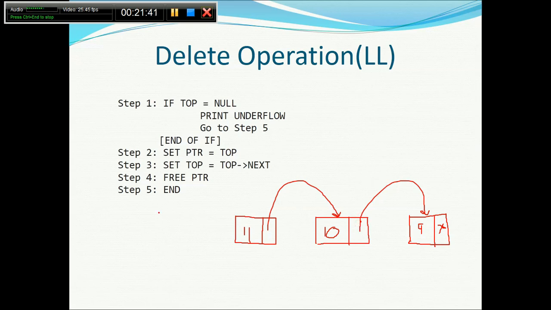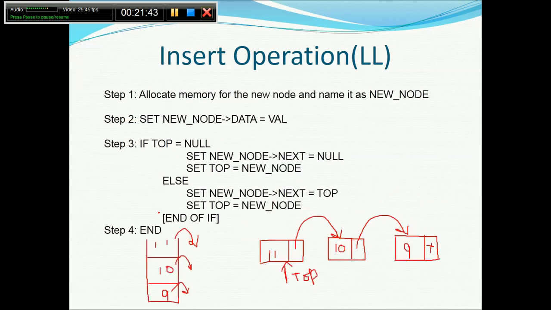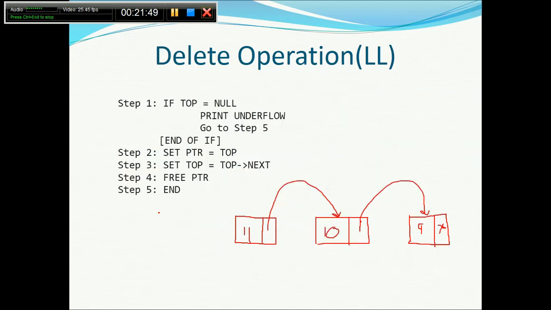Okay, so this is the case. You can check it back. See, this is the actual algorithm. This is the actual linked list created. That is the linked list representation of the stack, and also the top is pointing to this. Okay. Expectation is the first element that will be deleted is 11, then 10, and then 9. If you are getting this order, it means it is a stack implemented as a linked